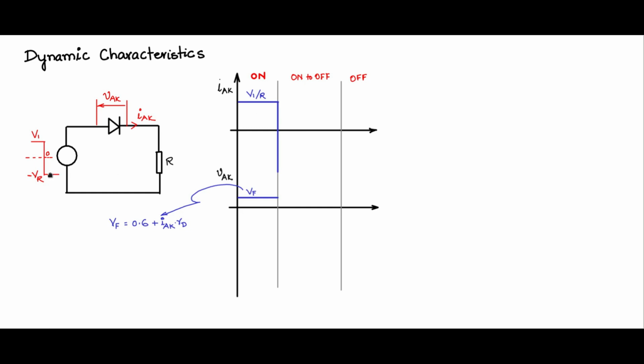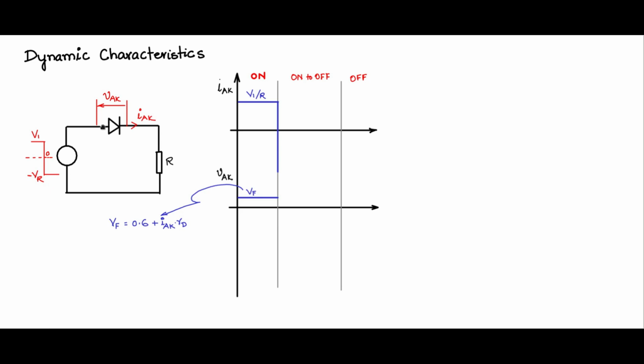So during the transition, the moment it crosses 0 and goes to the negative, the anode voltage becomes negative. But during that time, the diode has still not become off. A practical diode will take some time to turn off. That is because there are stored charges within the diode PN junction, and those stored charges have to be removed. So that is why it will not immediately turn off. So let us see how that reflects into these graphs.